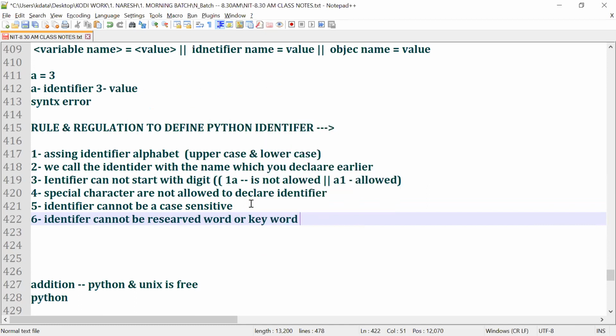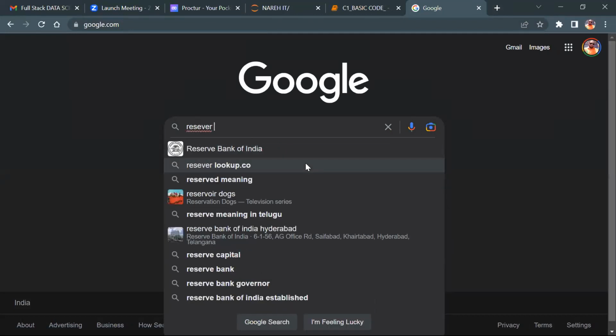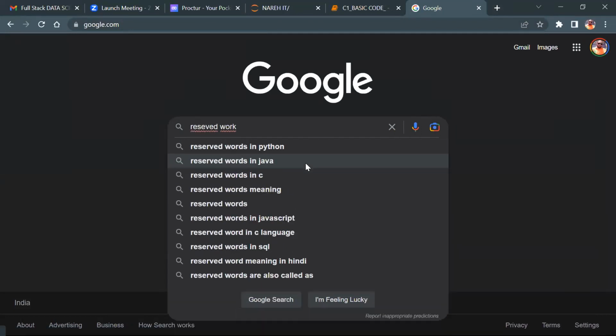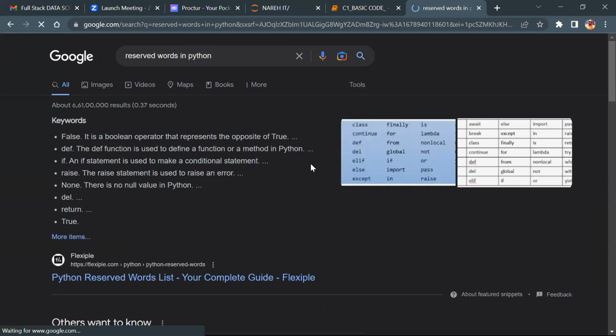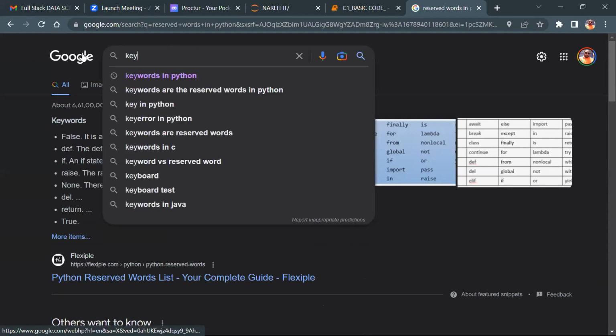Now, I'll ask a question. Maybe if you study BTech computers, you know about reserved words, because ten years back someone talked about this word. If you're a new learner, non-technical, it's very simple: just go here, type this, and I can set reserved words in Python. I'm sorry, not in C, in Python. Understand or not? Now, we got all these reserved words, guys? So False, def, if, raise, and so on are keywords in Python.